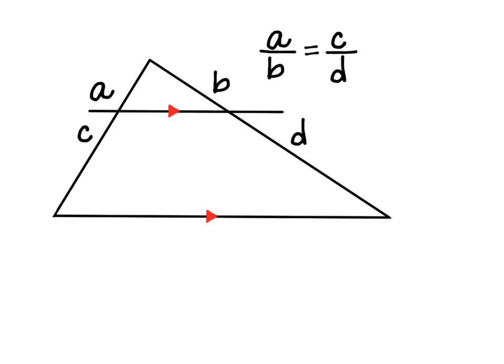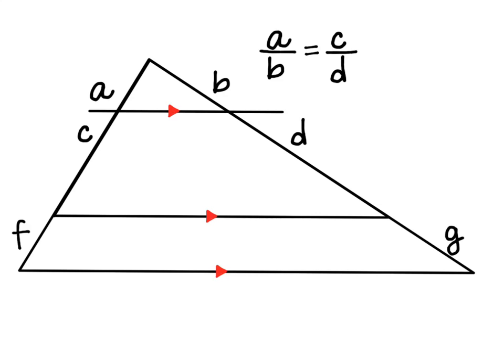We will get the same reduced ratio regardless of what the numbers are to begin with. They're always going to reduce to the same fraction. And remember, in this particular case, I have chosen to compare the left side to the right side. We could have compared the right side to the left side instead, but from now on, I'm always going to keep that same left side to the right side while I'm doing this demonstration. Now, I'm going to extend this triangle, make it a little bit larger,